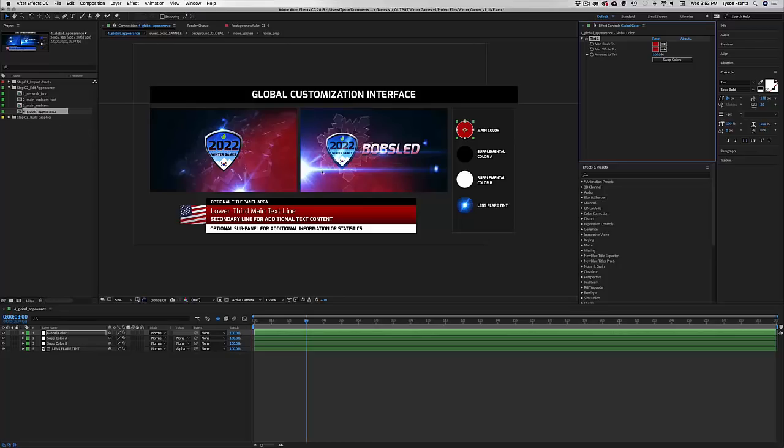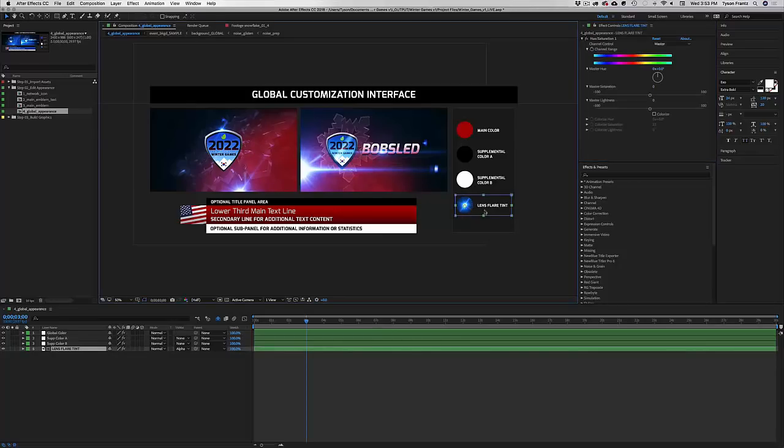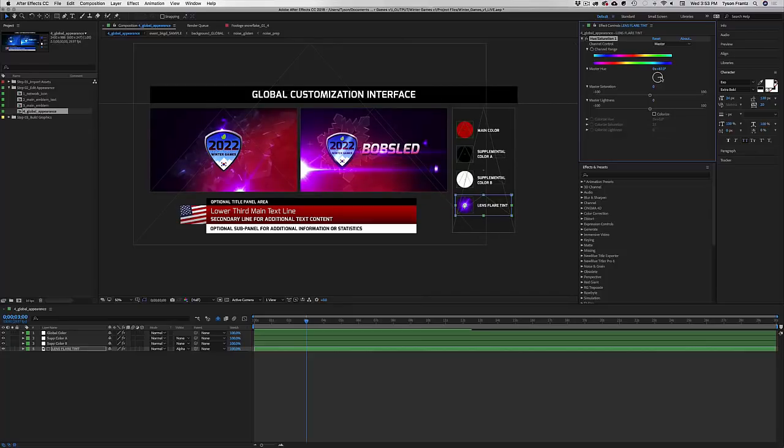Now, the lens flare is still a little bit blue, and the emblem itself is actually blue, and we'll go back to that and edit that. But if I click on the lens flare tint, that's controlled through a hue and saturation attribute. So what I need to do here is go to the master hue, and I can click and drag this little wheel, or I can click and drag on the degree number here. I like to click and drag on the little wheel, just to see what sort of results we get. So if we change it to more of a